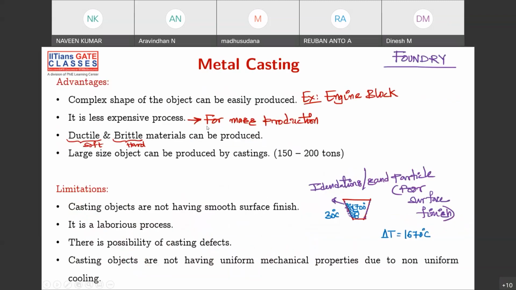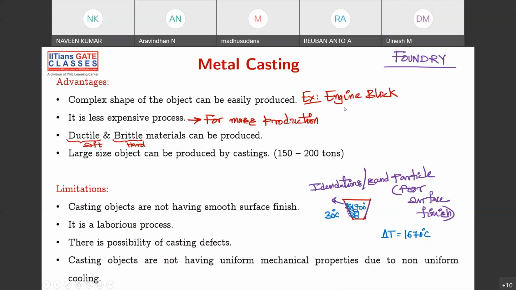So what are the advantages of casting? The advantage of casting is that you can obviously make very complicated shapes. If you go to YouTube and just type "complicated castings", there are so many videos. You can easily make some kind of hollow cavity, and then directly pour the molten metal into the cavity, and then it will